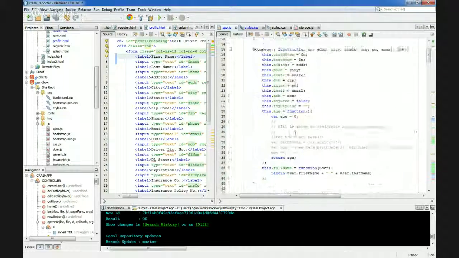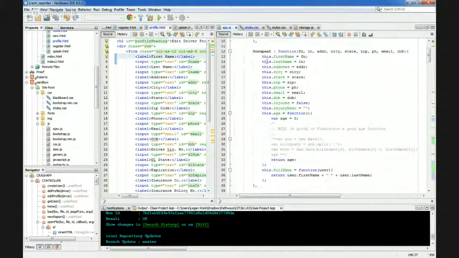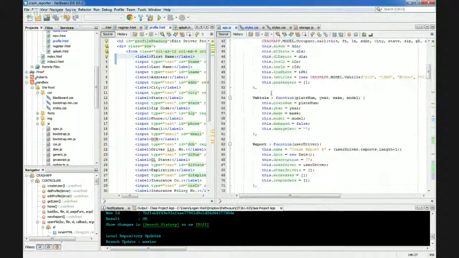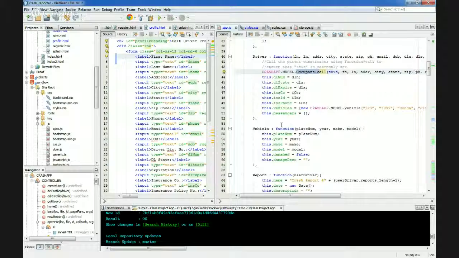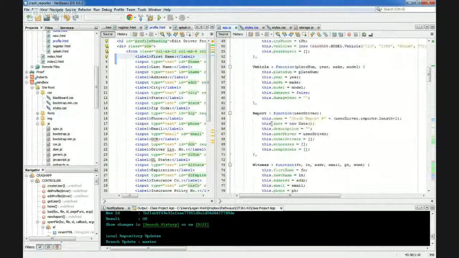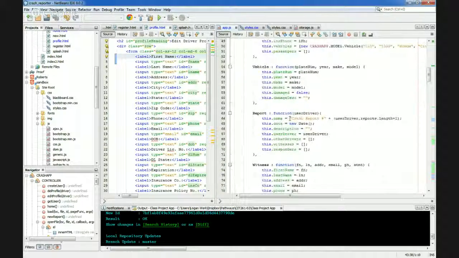And this is my model up here. This is the model namespace. So anything that we wanted to be able to create: a vehicle occupant, a driver, which actually extends occupant, so this inherits from occupant all of those properties, and then adds some of its own: vehicle, report, witness, responder. And some of these, in fact several of these, you'll notice